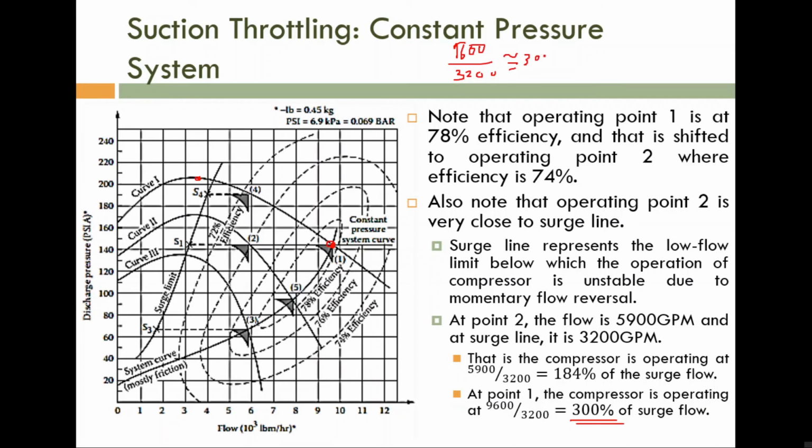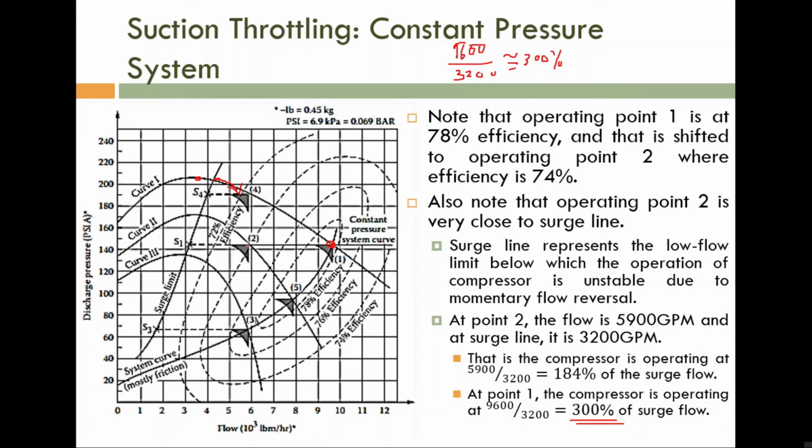What is the importance of this ratio? This ratio is very important. Please note that the ratio states that operating point 1 is highly stable. I told you from this point onwards, towards this right side, the system is stable. So relatively stable means, if you are comparing, so relative stability is used to compare two different systems. So 300% means this operating point is lying in a highly stable region.